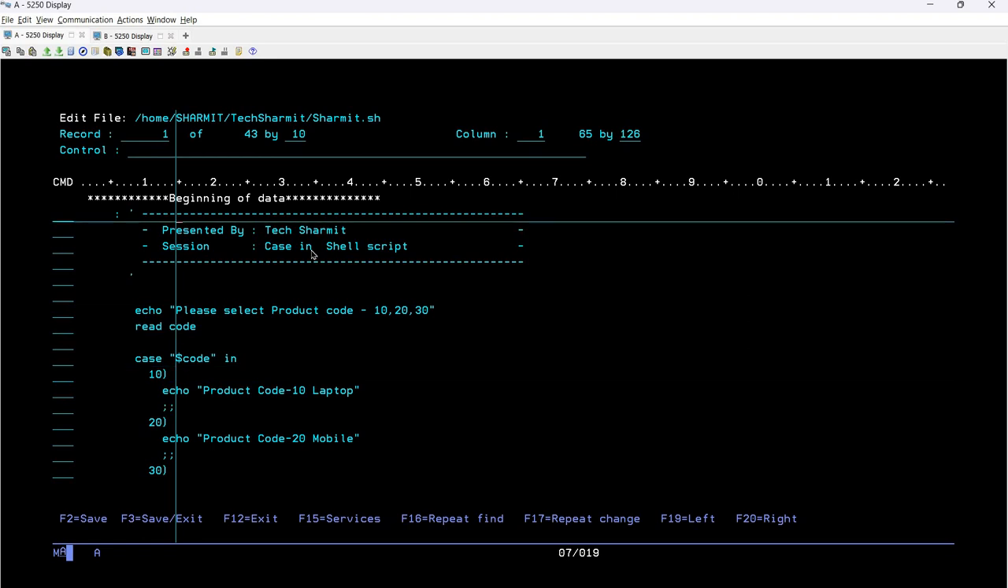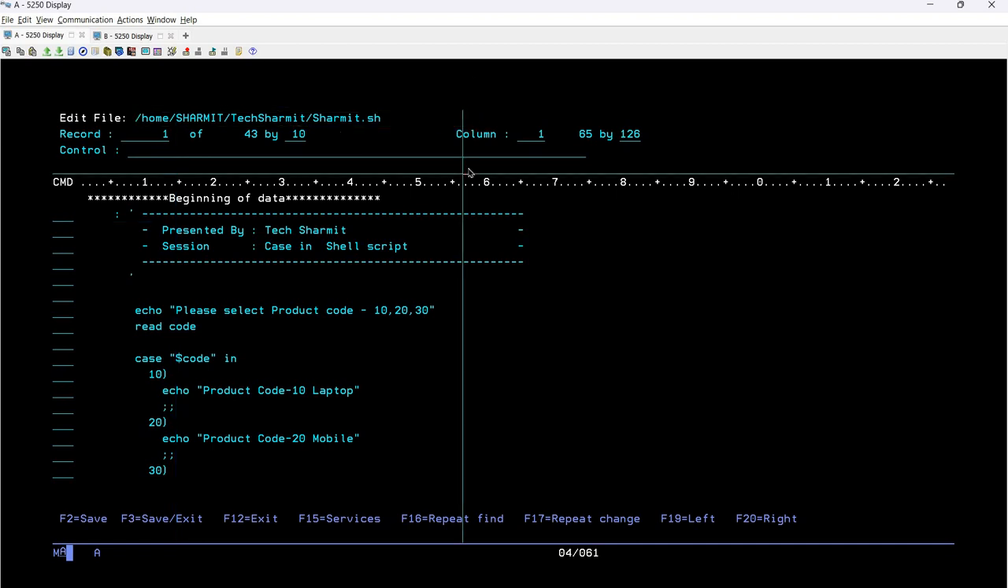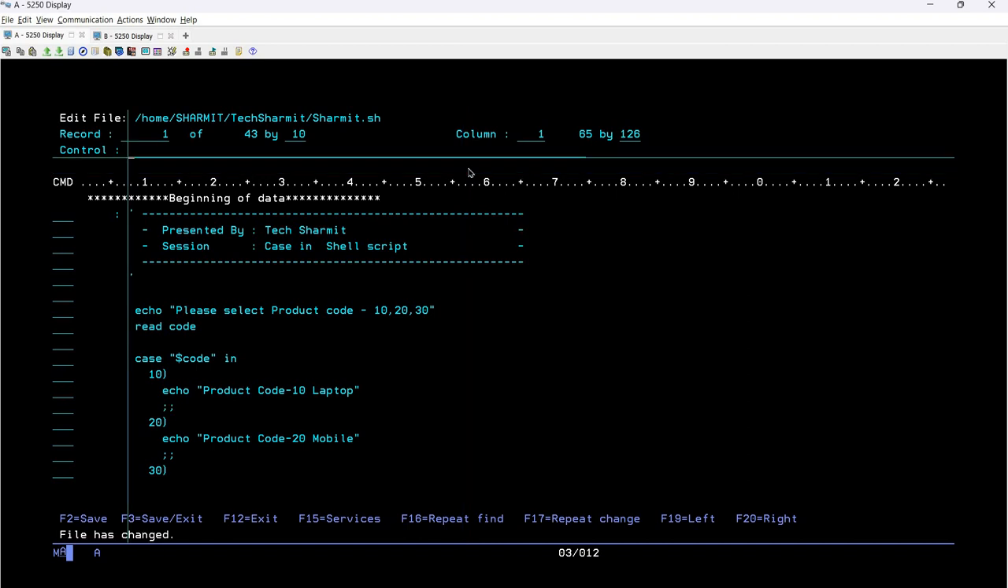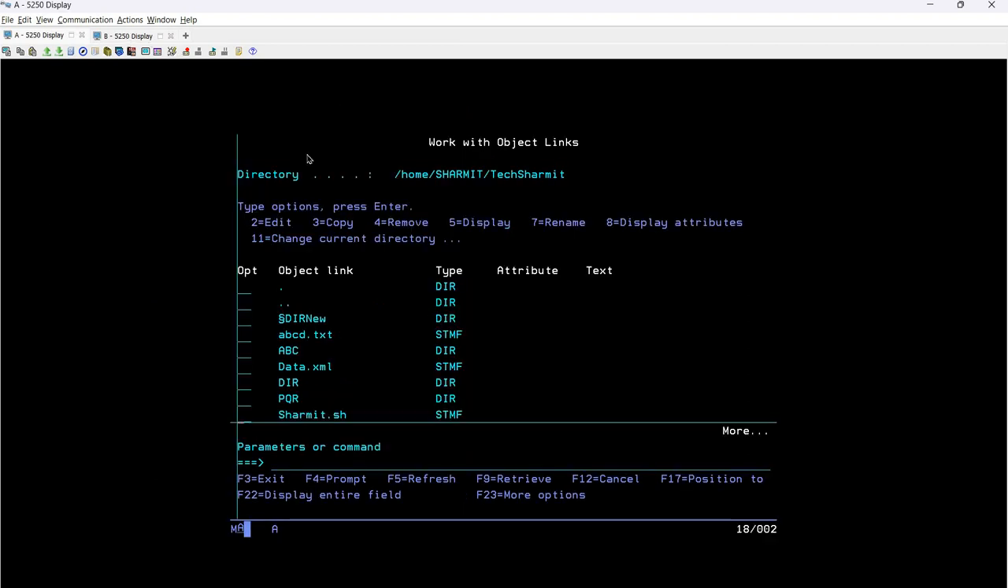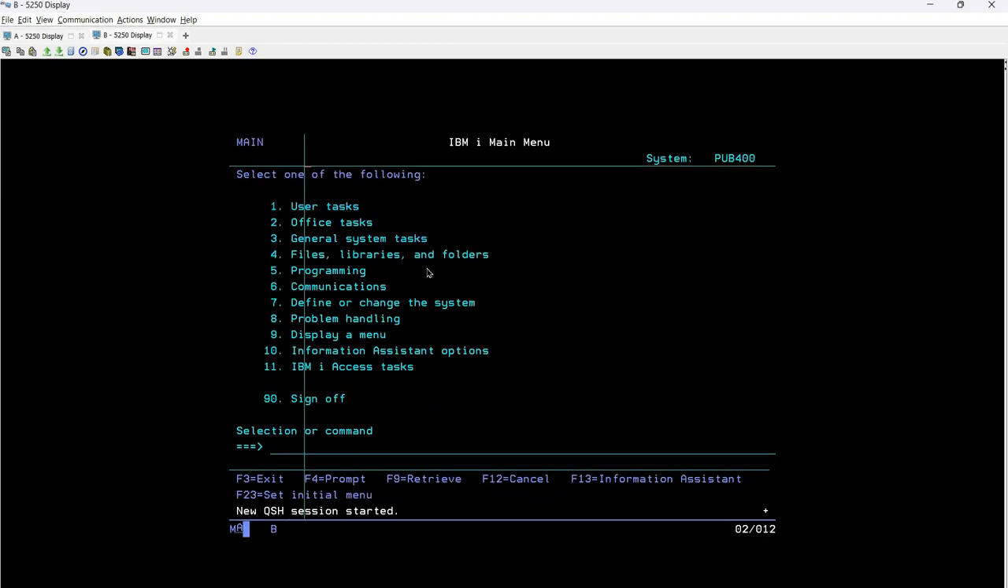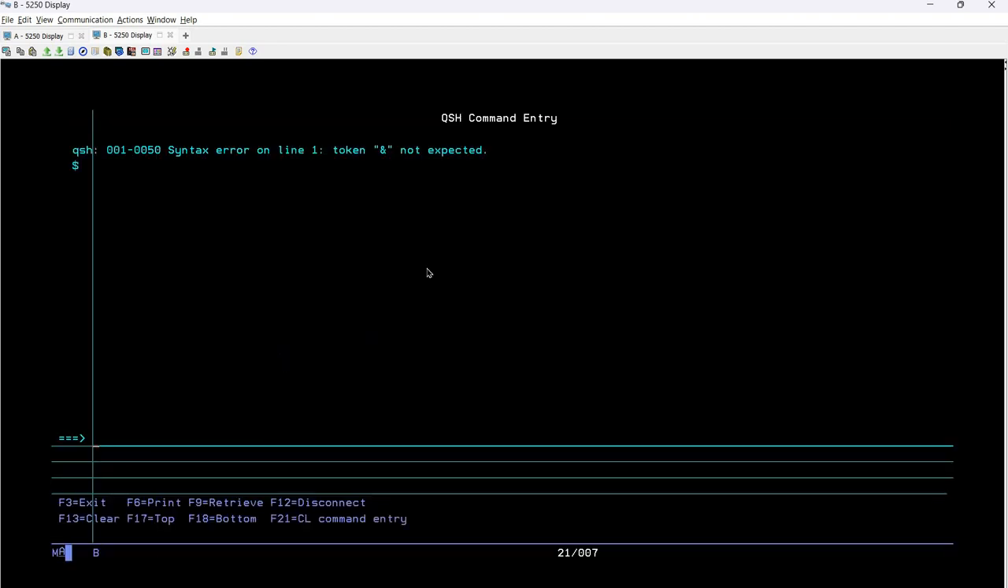Now it's time to run this script and see how it is working. So pressing F3, and just remember this path, because we are going to use this path for running the script. So pressing F3 for save, F3 again for exit. Now let's go to session B. Here we write QSH, which will open the Qshell command entry screen. Here we can put /home/Sharmit/text